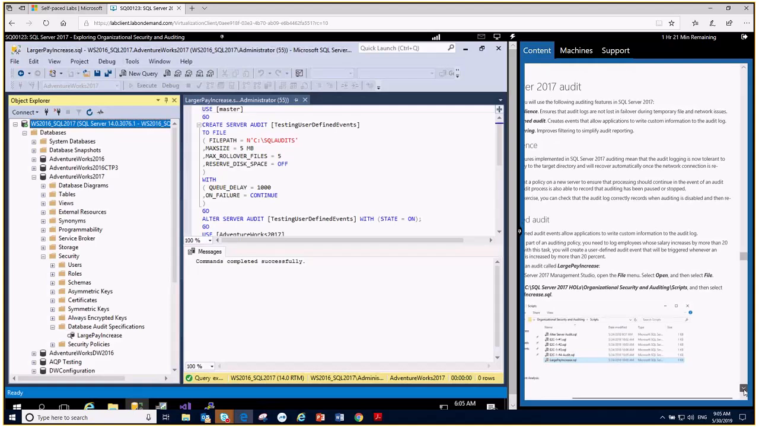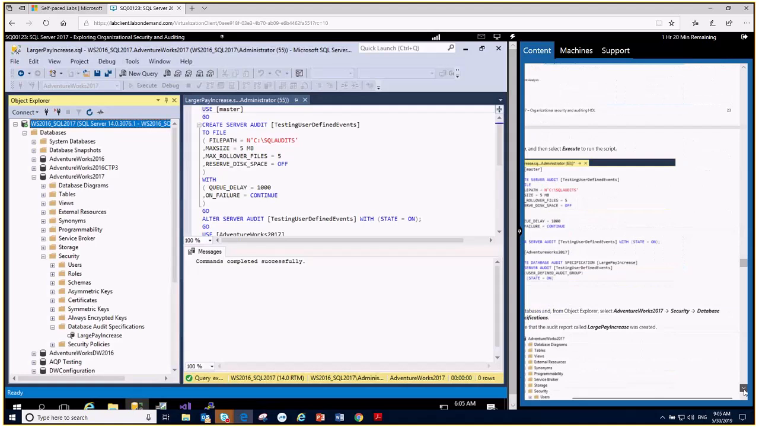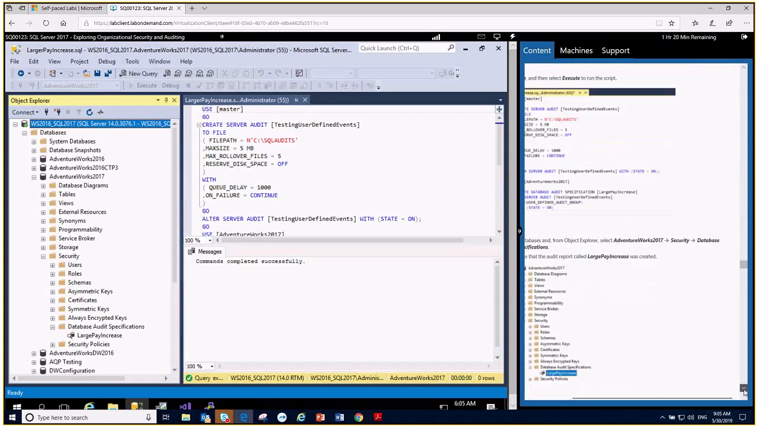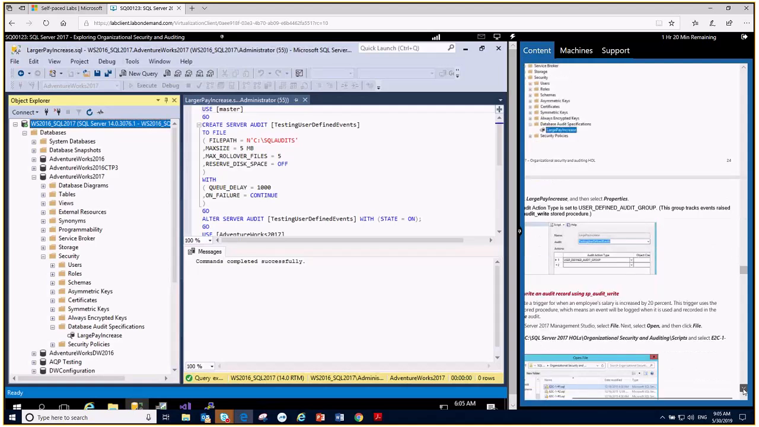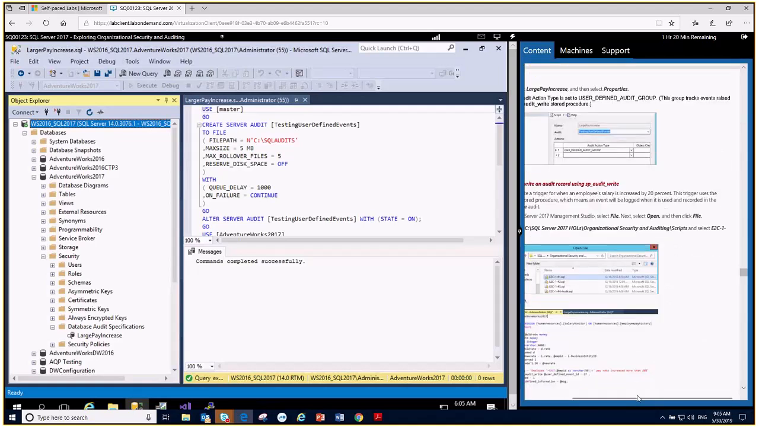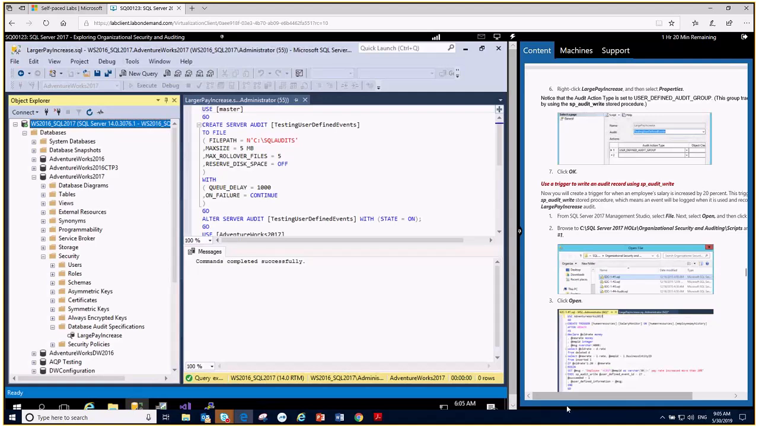Sorry, I had to run it twice because I was logged in as Peter. So I had to go back in and do that. So hopefully I didn't lose you guys. So we have seen the Large Pay Increase. All right, now what are we doing with Large Pay Increase? And step 6,